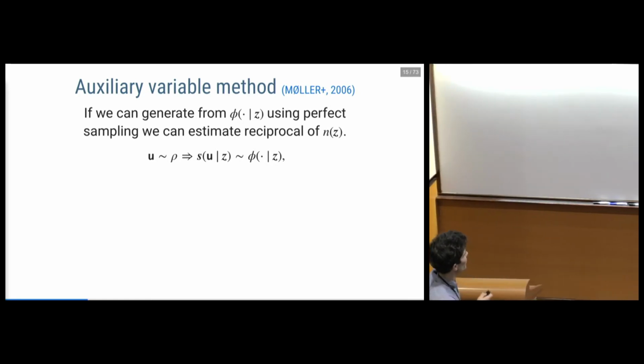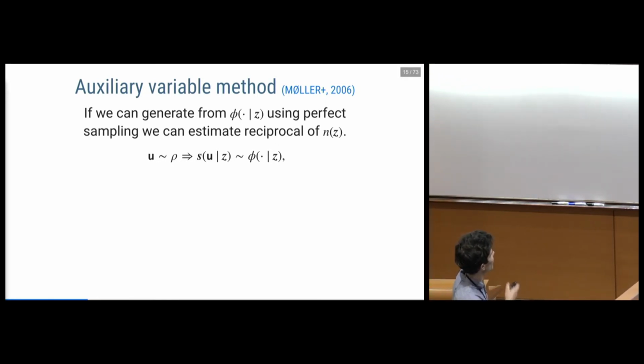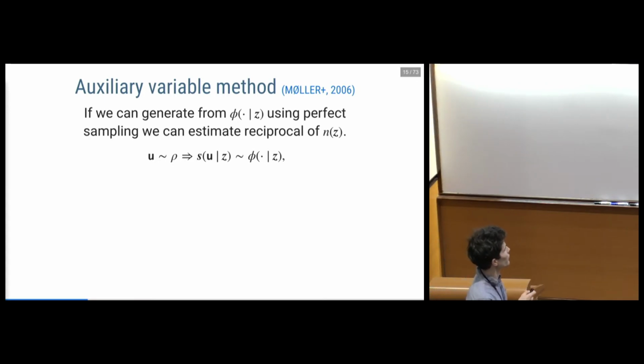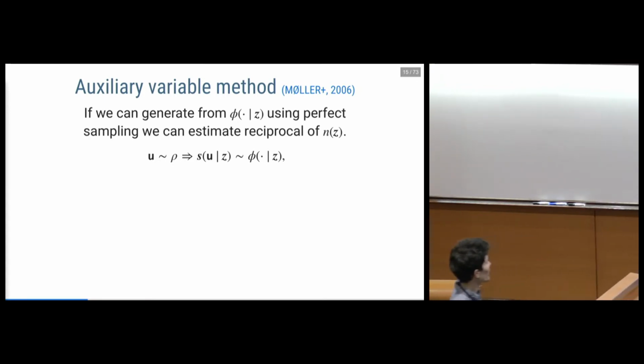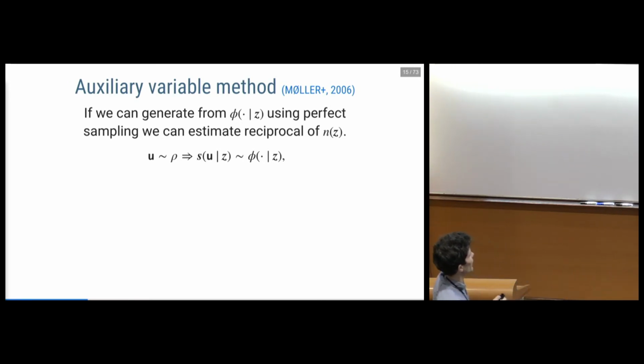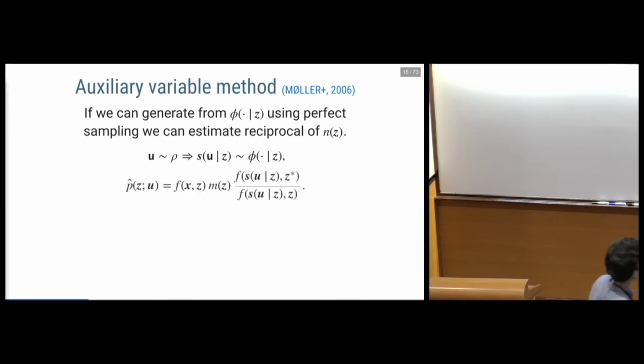So I'm going to term the U variables here as all of the inputs to, say, the coupling algorithm that we use, or whatever perfect sampling algorithm we use. We'll take a series of random numbers from, say, a pseudo-random number generator. I'm just collecting all of these into this U vector, which will have some distribution rho. The operations which then generate a sample from this distribution, given those random variates, I'm going to term that function S. So this basically takes in random variables as inputs and outputs a sample of interest from this distribution.